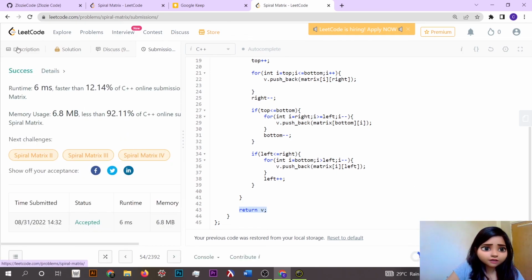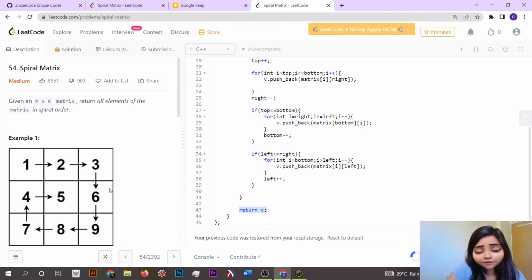So yeah, this is the solution for the problem spiral matrix, and if you want to access the code, then